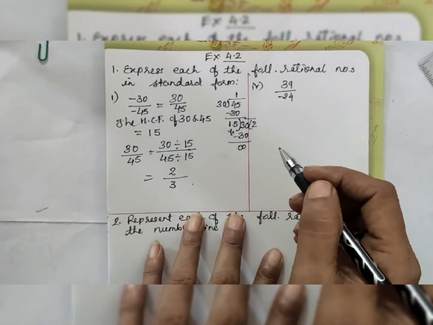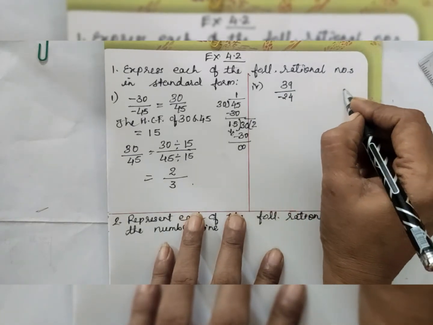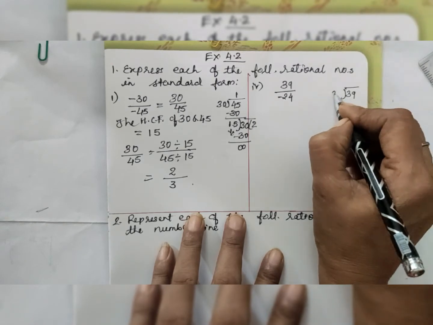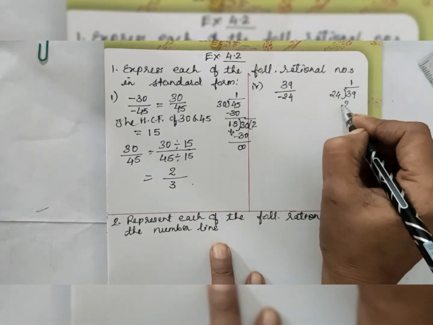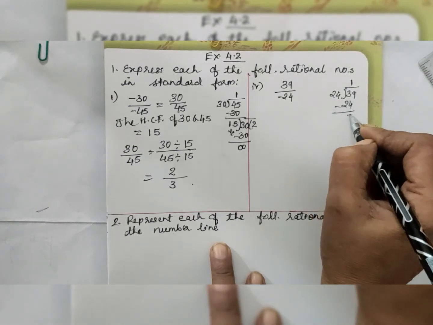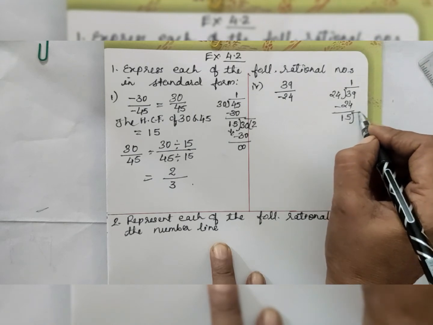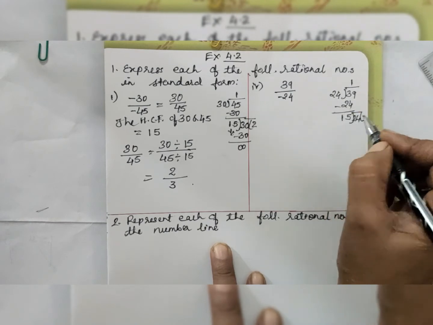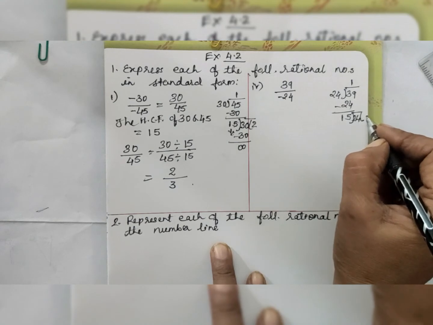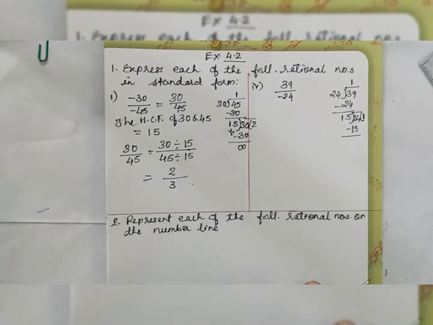Let's see one more example: 39 by 24. First you have to find its HCF. For their HCF, you have to divide 39 by 24. How many times is it divisible? 1 time, 24 ones are 24. Now subtract: 9 minus 4 is 5, 3 minus 2 is 1, so 15. This becomes your new divisor, and the previous divisor, 24, becomes your new dividend. How many times is it divisible? 15 ones are 15, 15 twos are 30, so 1 time. Now 24 minus 15,